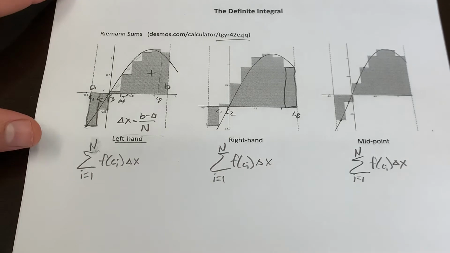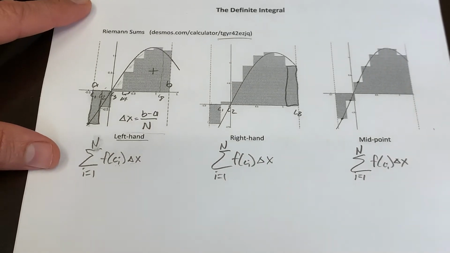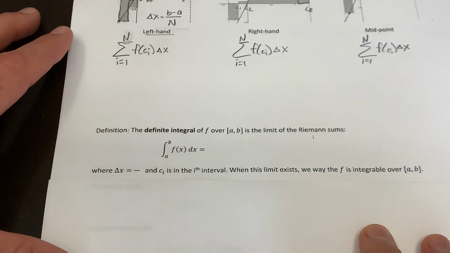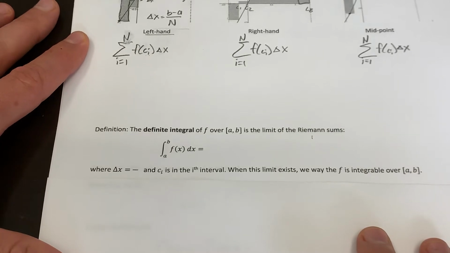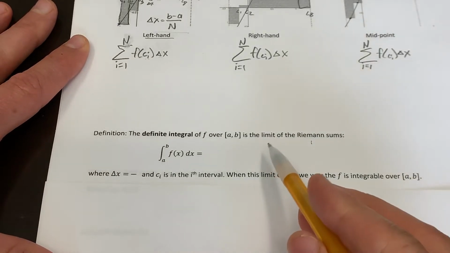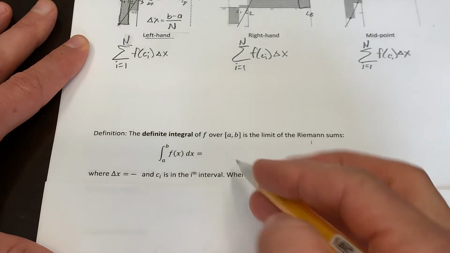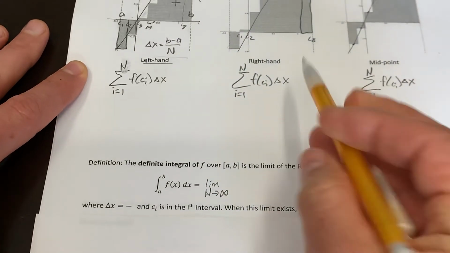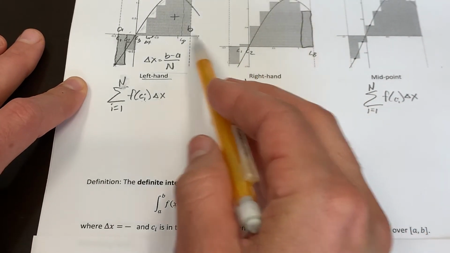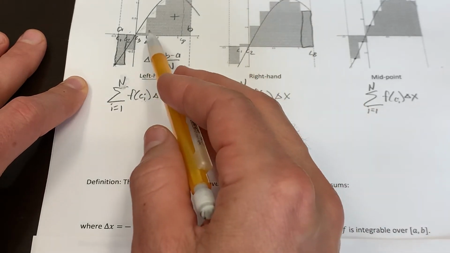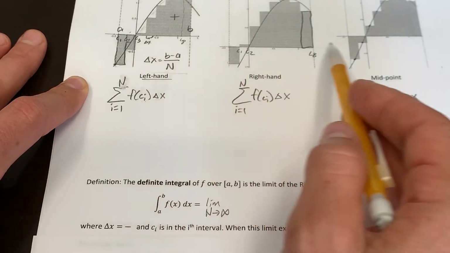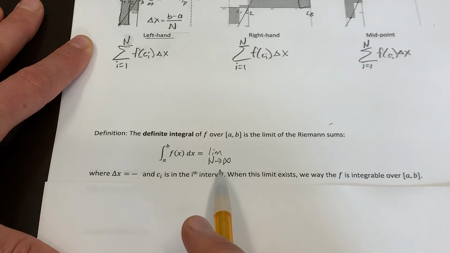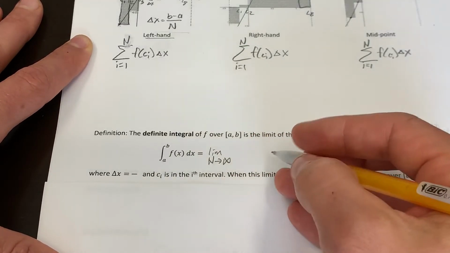Okay, so what is meant by the definite integral? Well, let's see if we can bring this up so you can have a look. Okay, so the definite integral over an interval a to b is the limit of the Riemann sums. So this integral is the limit as n goes to infinity. Okay, let's make these boxes. It turns out it doesn't really matter whether I'm using the left-hand sum, the right-hand, or the midpoint, as long as there get to be infinitely many boxes. The more boxes, the more accurate, okay? Of that sum,